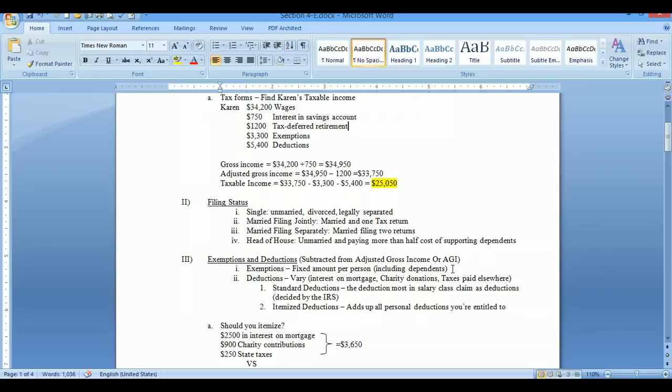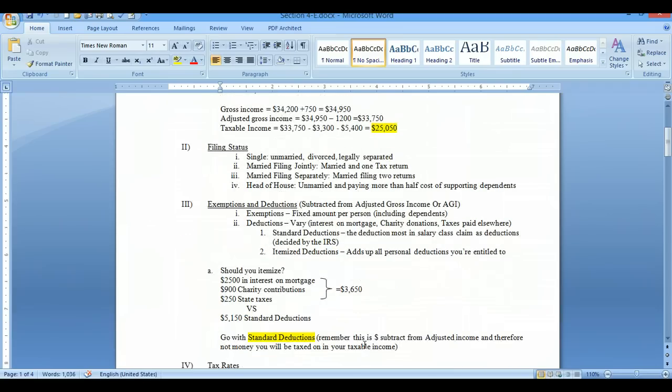So our first question, A, is should you itemize? Let's say that you have $2,500 in interest on your mortgage, $900 in charity contributions, and $250 in state taxes. This all totals to deductions of $3,650 versus the standard deduction decided by the IRS of